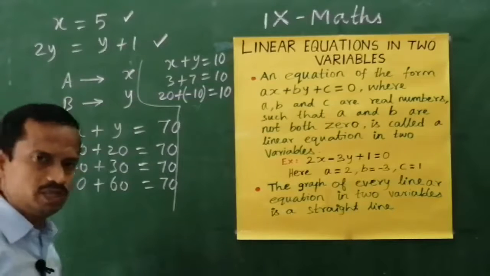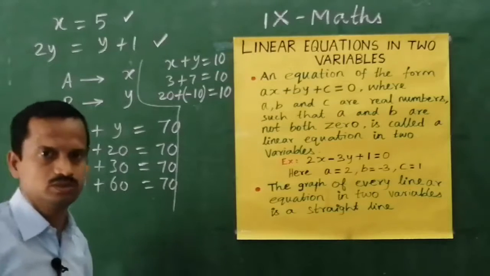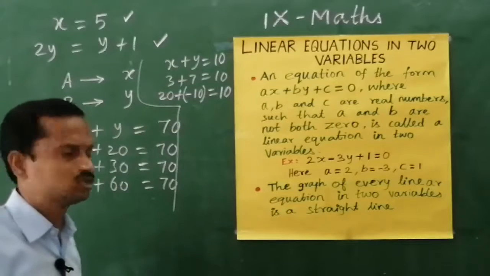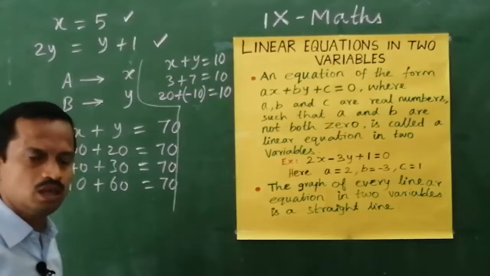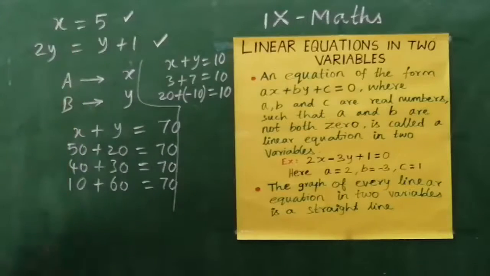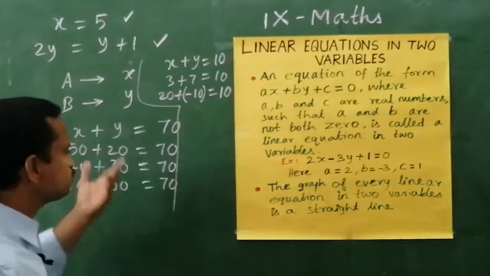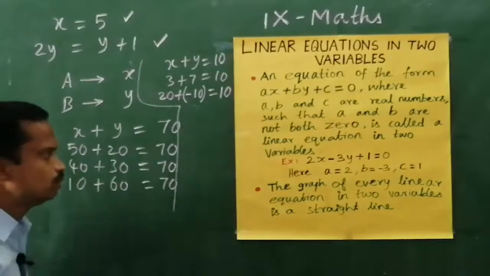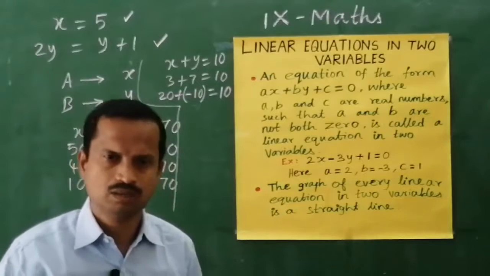So, simply we can say a linear equation in two variables has infinite solutions. More than this we can give the solution for x and y. So, a linear equation in two variables has infinite solutions, but in one variable there is a unique solution, x equals 5, that is all. But in two variables we can have many solutions, and then we will move to the exercise part, and before that the summary part is there.